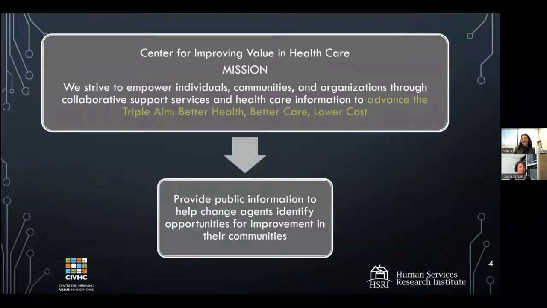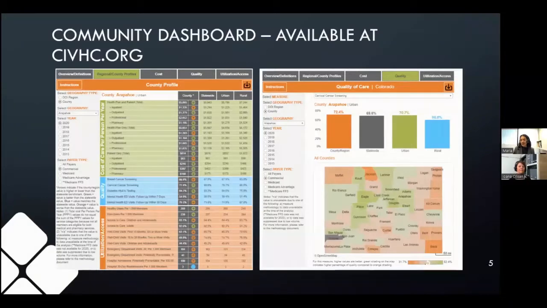As many of you know, CIVHC has been the administrator of the Colorado All Payers Claims Database since 2012. Our mission is to work with a variety of partners, from individuals to communities, providing healthcare performance information to improve Coloradans' health, healthcare quality, and reduce healthcare costs. One way we do this is by producing public reports that those working to change healthcare can use to monitor their progress. In late 2020, CIVHC published an enhanced community dashboard that describes how cost, utilization, and quality vary